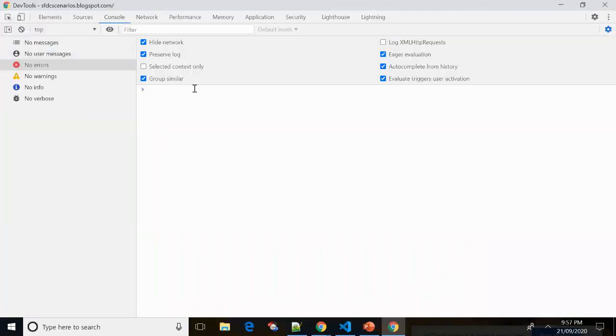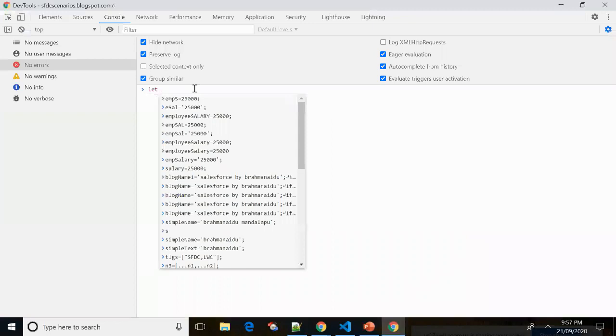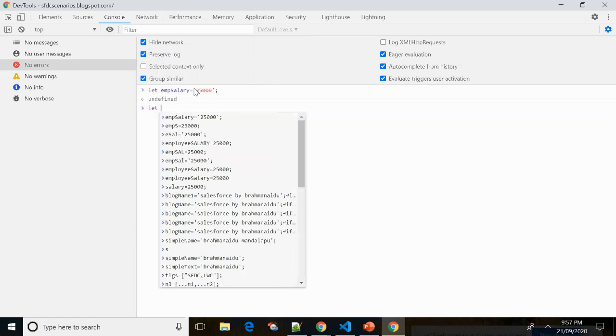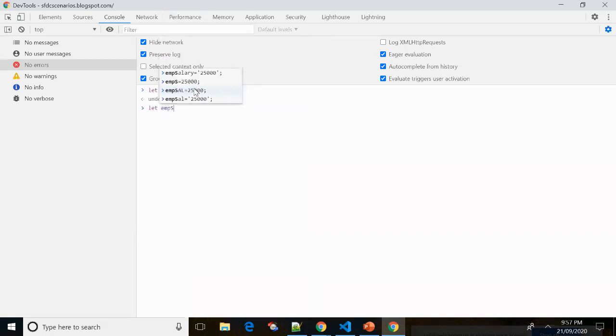Now I'll create two variables. Let me create emp salary, one variable of string data type, and one more variable of integer data type.